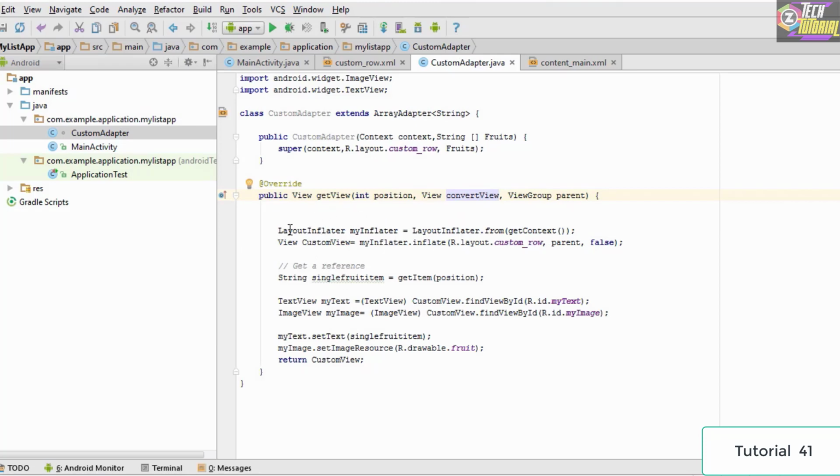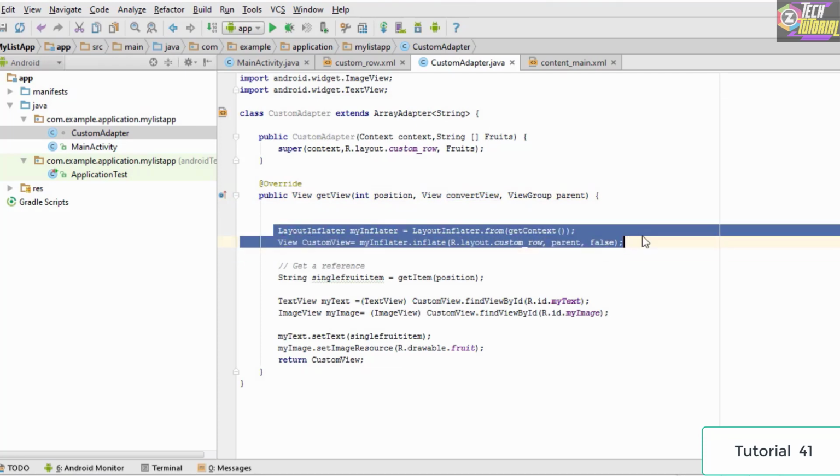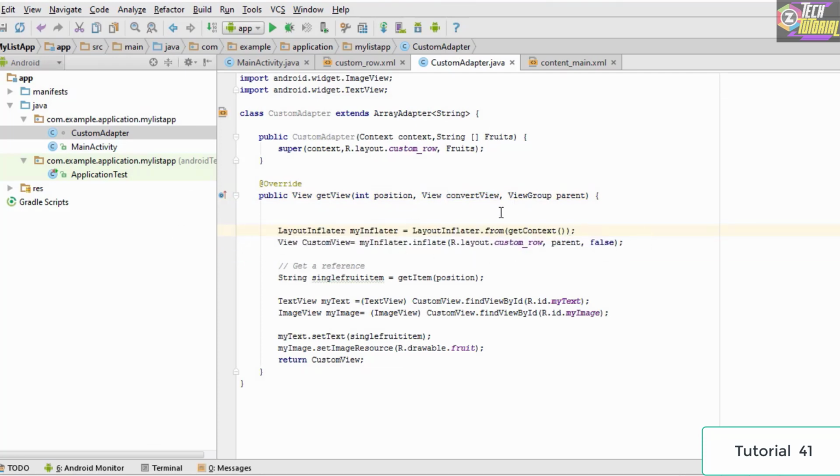Inside it, the first thing which we did was that we used these 2 lines of code which are basically used for initializing purposes, and now our main code actually starts from here. The first thing which we did is that we need to extract the text from each and every list. So we have used this method which got the item from the particular position, and then we stored that particular item into the single fruit item, which is nothing but a string.